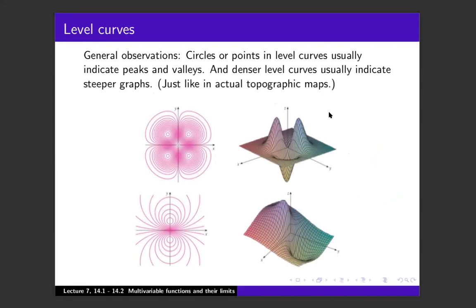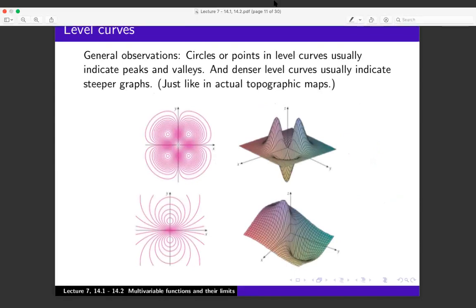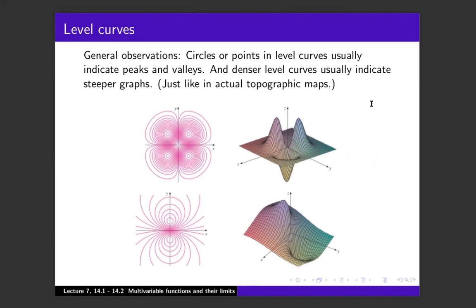So what do we notice about these level curves? Some general observations we can make are, like I said before, that circles or points are usually going to be peaks and valleys. Not always, but essentially, well, no, always. Circles and points are